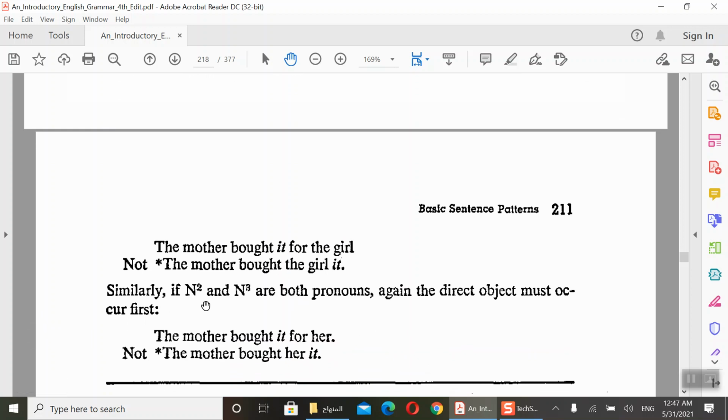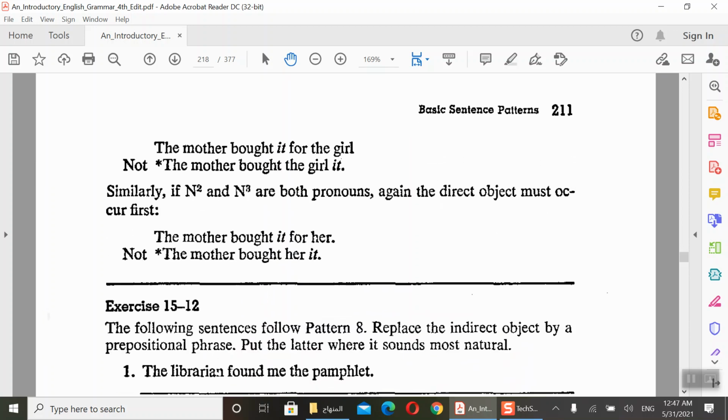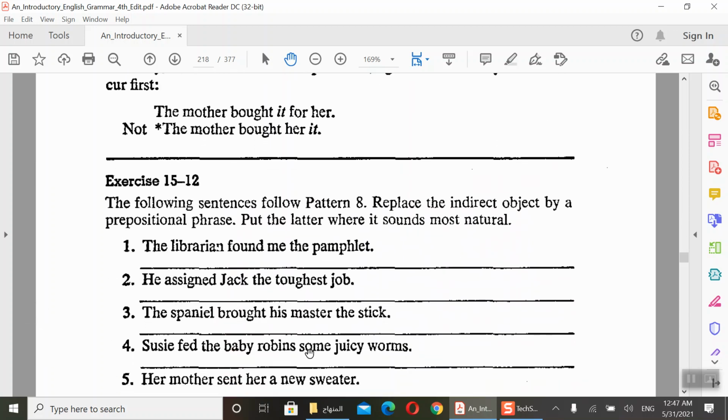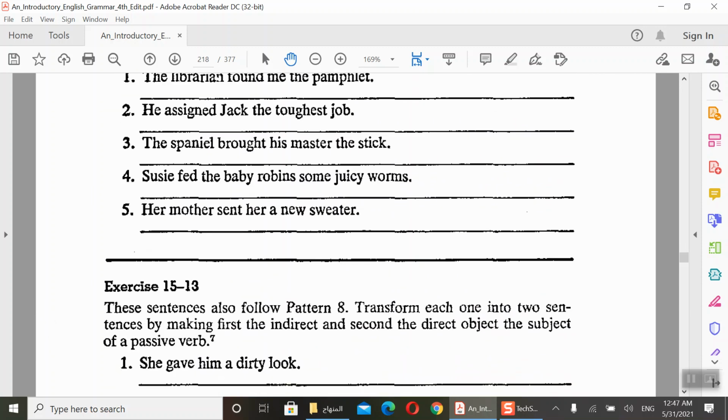You see? Similarly, if noun 2 and noun 3 are both pronouns, again, the direct object must occur first. The mother bought it for her. Wrong: the mother bought her it. Always the direct object comes first if it is a pronoun. Keep this as a note. Here we have examples, exercises, okay,